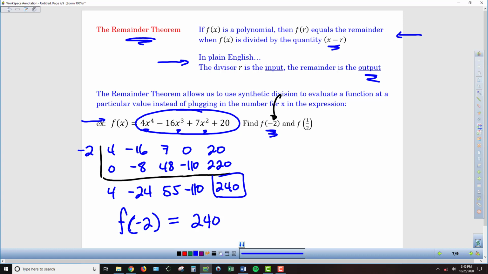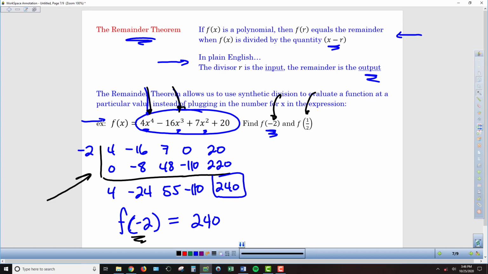And so I would argue that that's a lot easier way to get to that answer than, like I said before, raising negative 2 to the fourth power and then multiplying by 4, and then raising negative 2 to the third power, multiplying it by negative 16, and so on and so on to get to that same result. So while it may be debatable whether using synthetic division or just plugging in negative 2 everywhere is easier to figure out what f of negative 2 is, we're going to see that there's no doubt that it's much easier